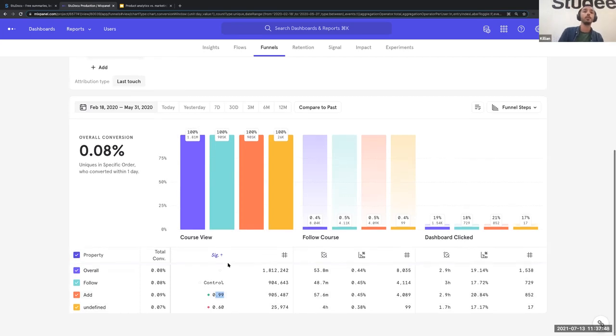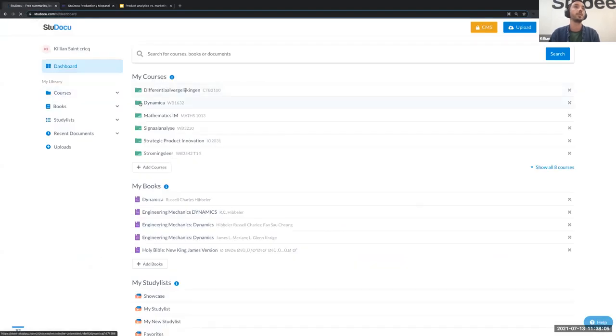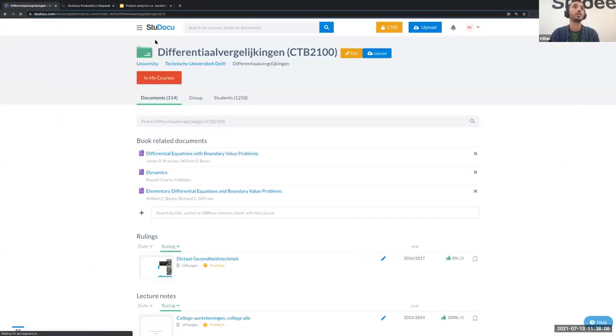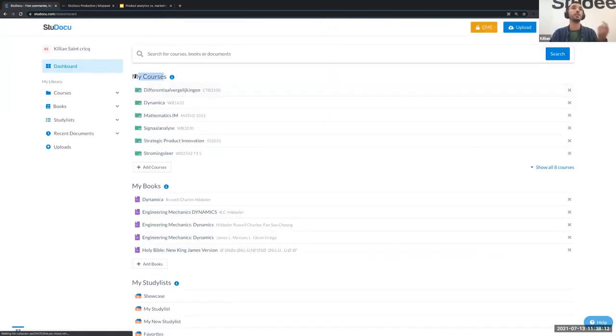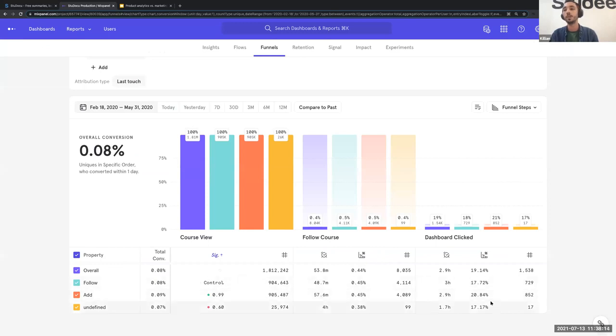And here you can look at your funnel. So you can see how many people entered the funnel, and how many people took the next actions. So here, what you can see first is that not more users ended up clicking on the button necessarily, that button that I showed here, but they made the connection way more easily that this was their courses, because you can see that we improved the conversion quite a bit here on the last step.